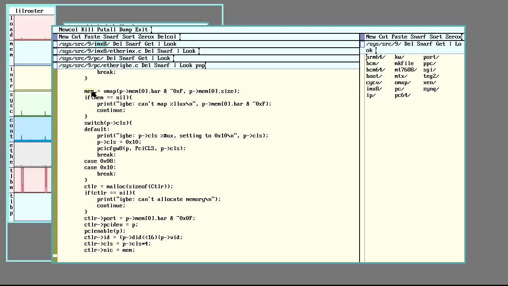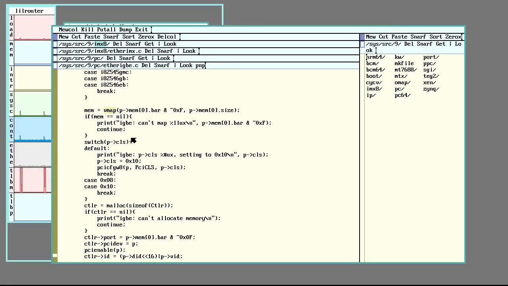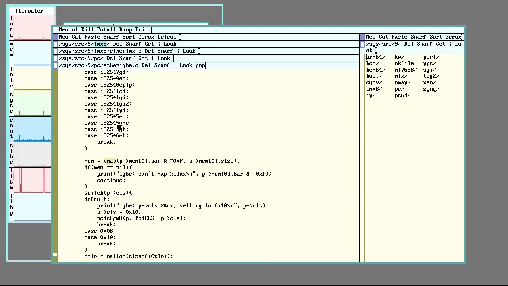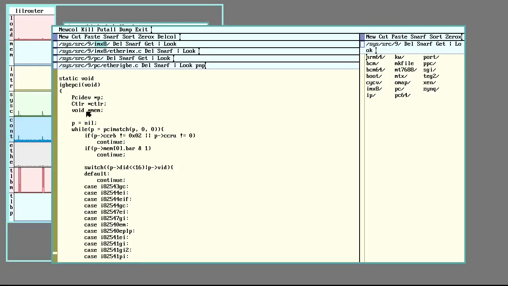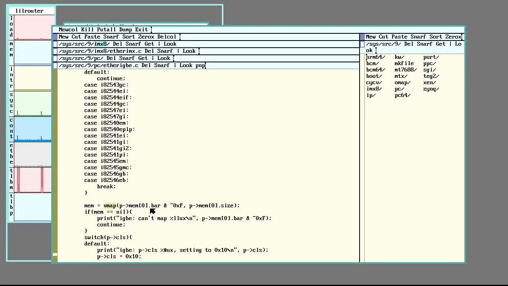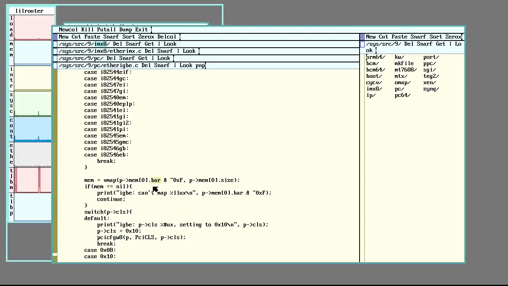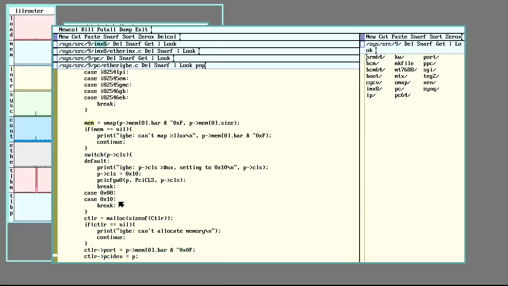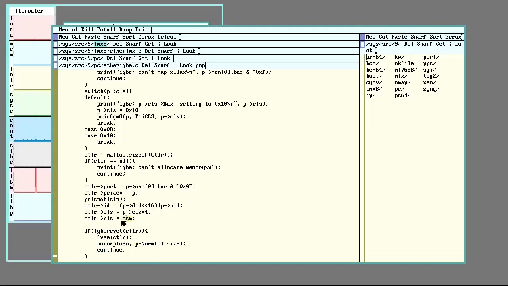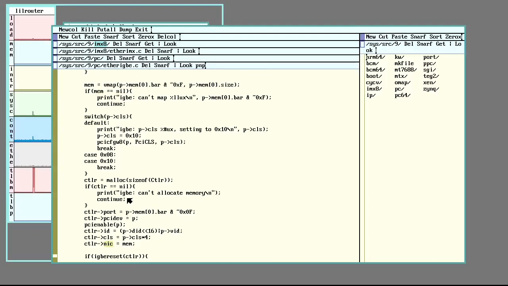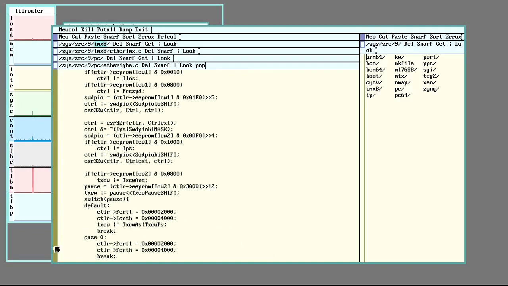Oh, here it is. Mem's going to call this vmap function. It's going to take P, which points to a PCI device, and BAR, that's a base address register, with a size. So that's how PCI maps to memory. It's going to talk to some bit of PCI mapped memory to get mem and then set that as NIC, and then do reads and writes to some offset of that address. And that's how it's going to set up and communicate with the